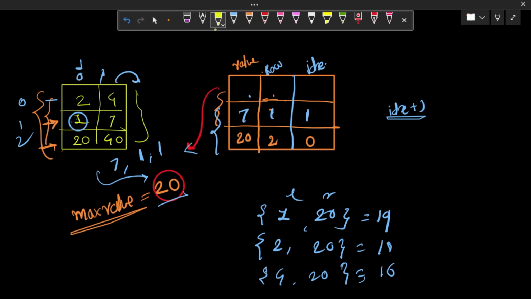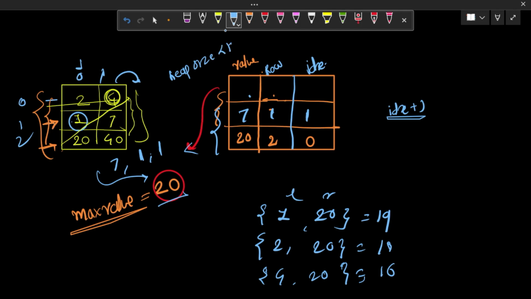Okay. So can I say this row is the smallest among all these values? Means this value is the smallest among all the remaining values. The 4 is the smallest among all the remaining values. What are the remaining values we have? 7, 20, and 14. So this value is the smallest among all the values. So I can say if my heap size